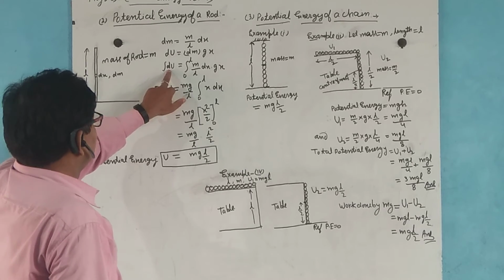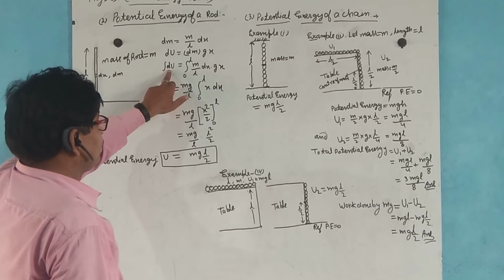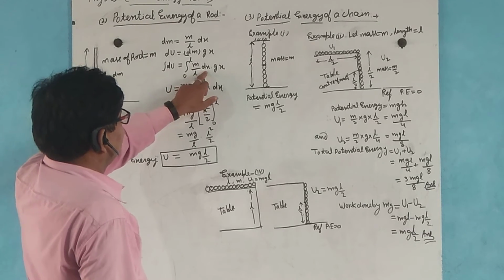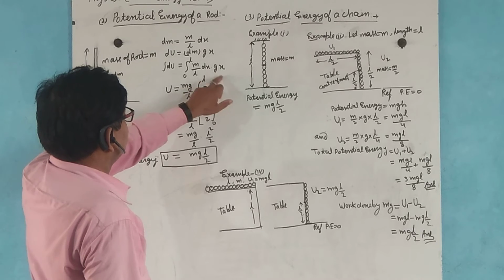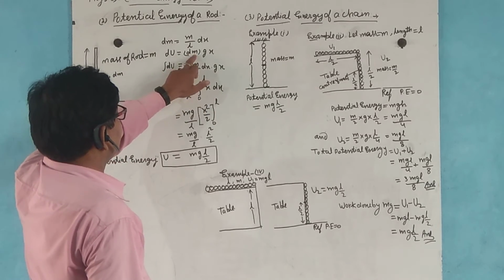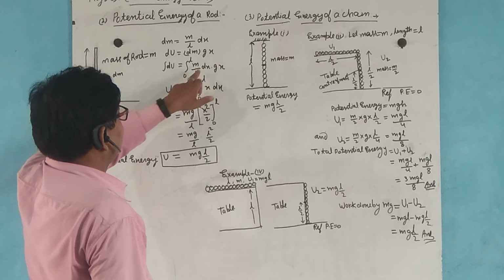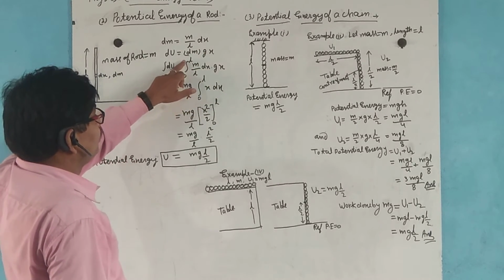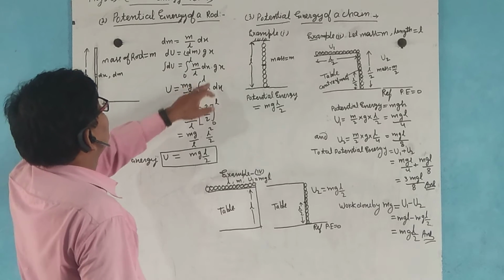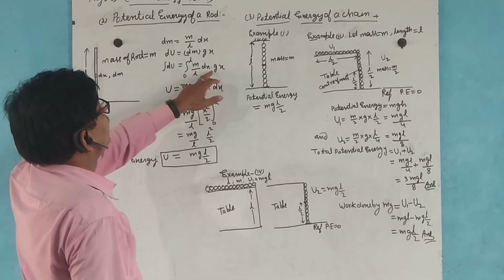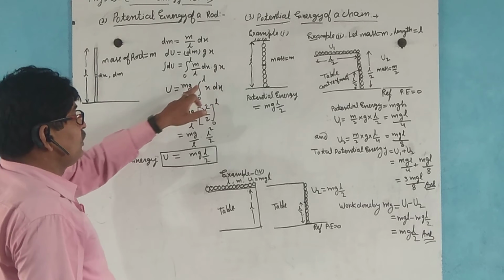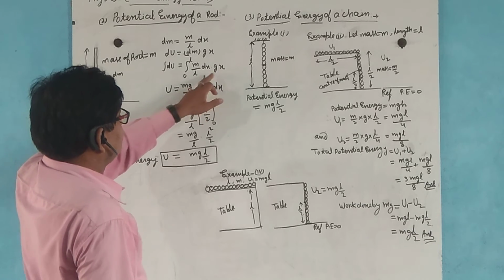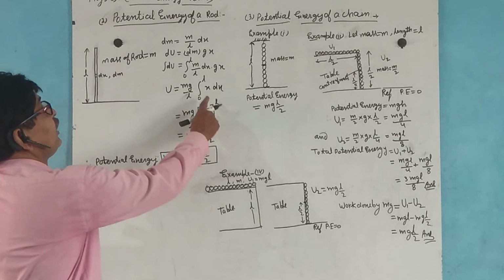Integration of dU: total potential energy is equal to integral of m by L dx into gx. Putting the value of dm as m by L dx, and gx, limit from 0 to L. Now m, L and g are constant, so these terms come out, and limit 0 to L of x dx. Here integration of this: